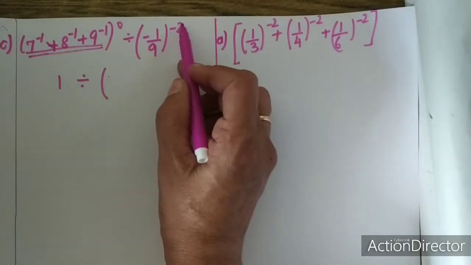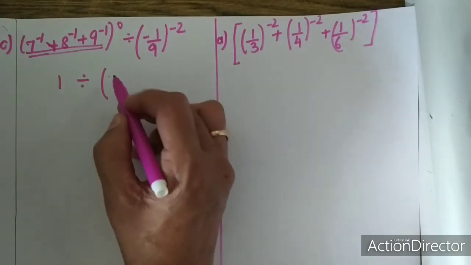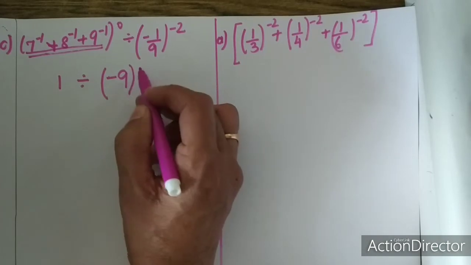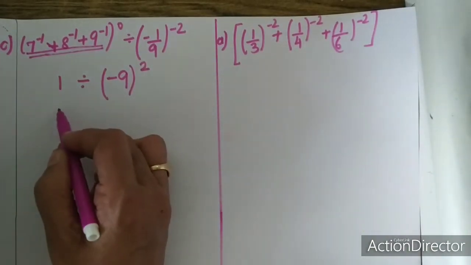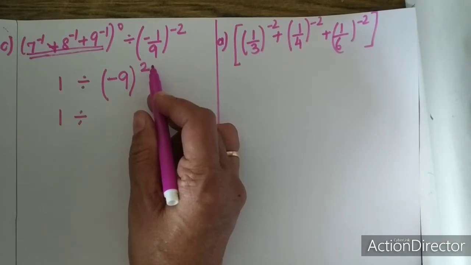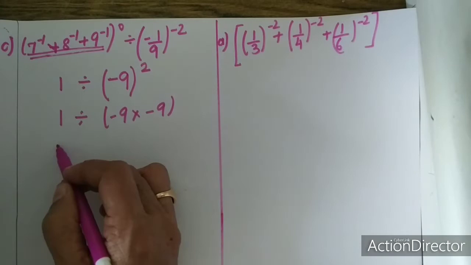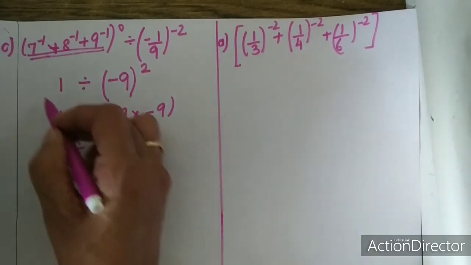So in order to make the power positive, I had to reciprocal the number. So it is (minus 9) whole raised to the power of 2. So it is 1 divided by what is minus 9 raised to the power of 2? Minus 9 into minus 9, which is equal to 1 divided by 81